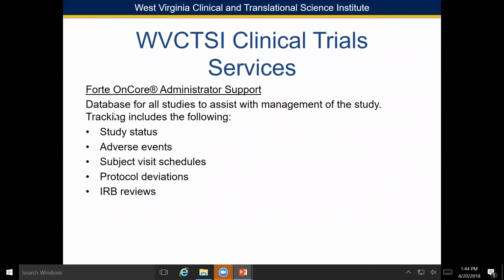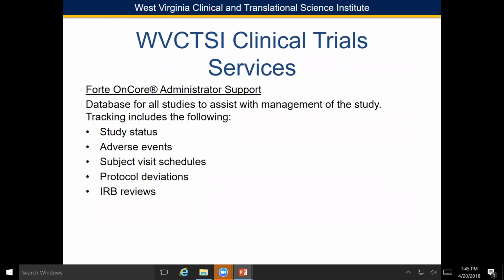And then we use a system which Layla knows really well, Encore. That is unfamiliar with a lot of people that come to our services for CTSI. They're not familiar with our clinical trial management system. So many times when we're working with investigators that are funded by the CTSI, they're unfamiliar with this system, but